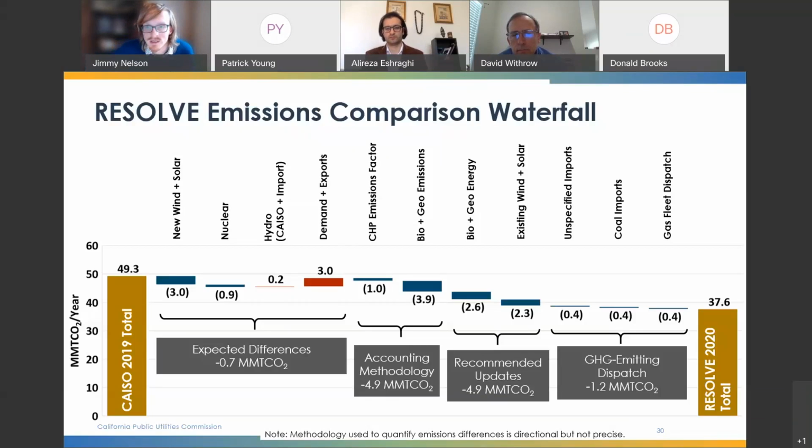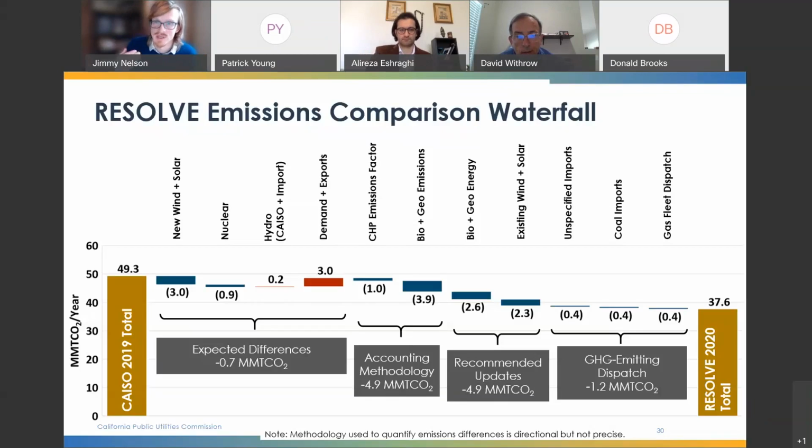The first thing you can see is that there isn't one factor that explains it all. There's not just one big difference that, if you fixed it, would bring the data sets fully in line. There are a number of small things and some medium-sized things, but no huge things. Some of the categories are actually really small. The ones that are small we include because they are potential sources of difference that we found to actually be small when we looked at the numbers.